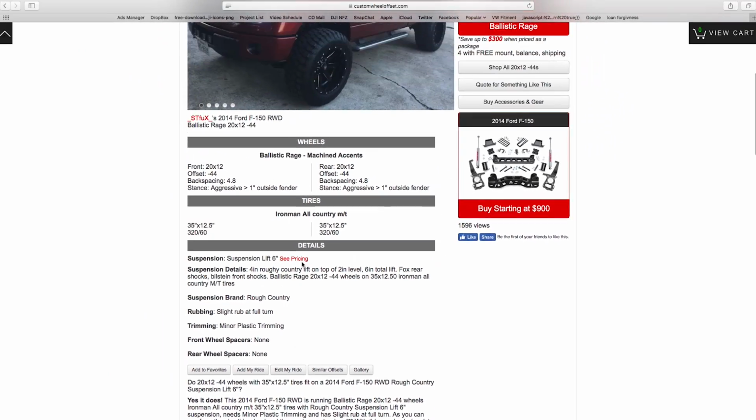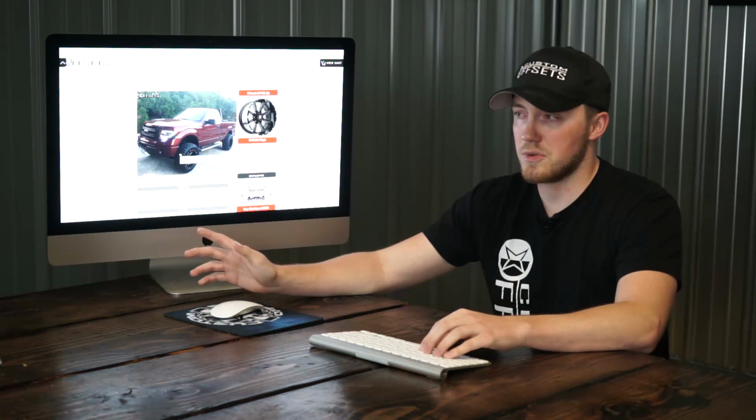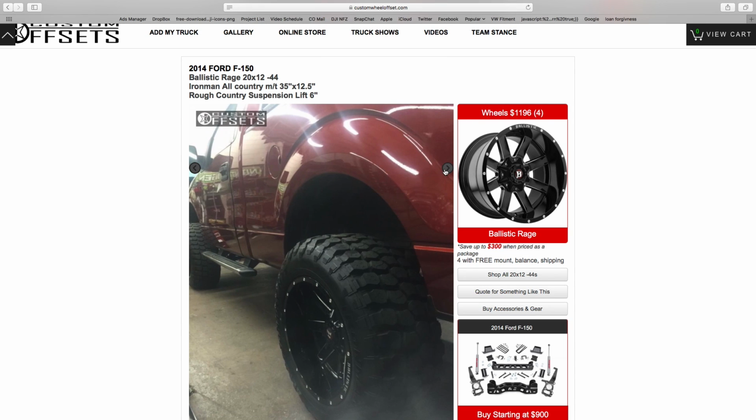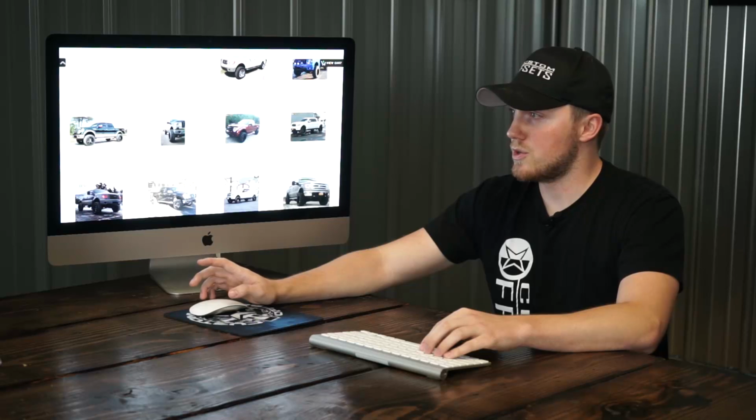And he said he has minor plastic trimming with slight rub at full turn. So if you're searching for other vehicles, you find two or three others that are saying the same exact thing, I would expect you to be able to fit this setup with the same amount of trimming, minor plastic. And the other example I want to show you here